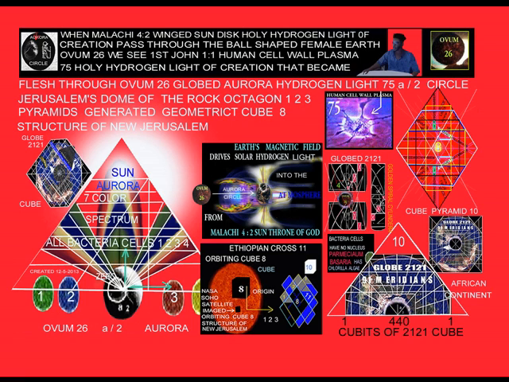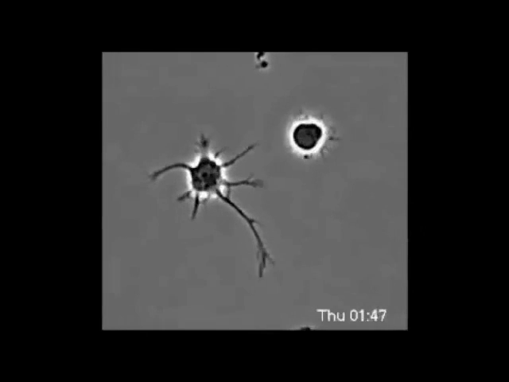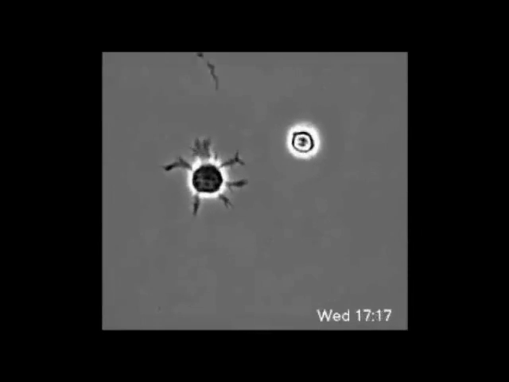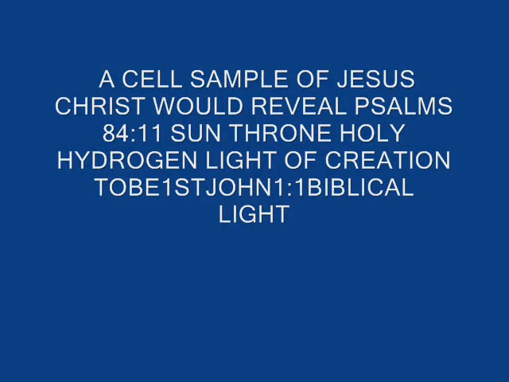In the same manner, when we look at the ball-shaped female earth ovum, we see blood within the ovum. Now, the element of the core within the ball-shaped earth is the same magnesium element within the human blood within the ball-shaped female earth ovum. So by identifying Adam, the red soil being or clay being, as not being the description of a man, but the description of a living ball of the earth, then we have reclaimed the ball-shaped female earth ovum